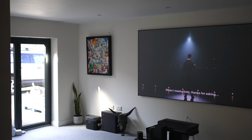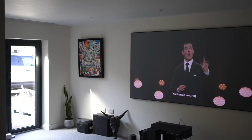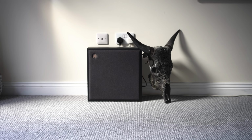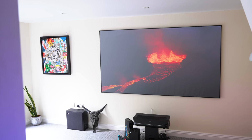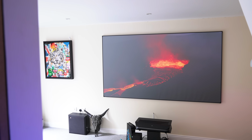I think the thing that's been on my mind the most is just how easy this whole thing has been to set up, with the wireless nature of the soundbar, with the wireless battery-powered rears, and the projector just being super simple to set up. But just for a proof of concept and to get this room up and running, it really does the job,